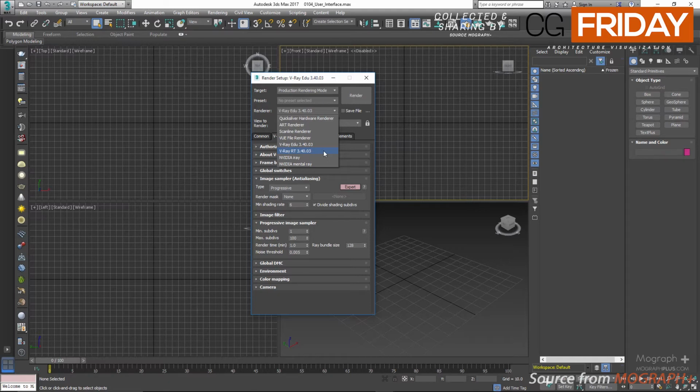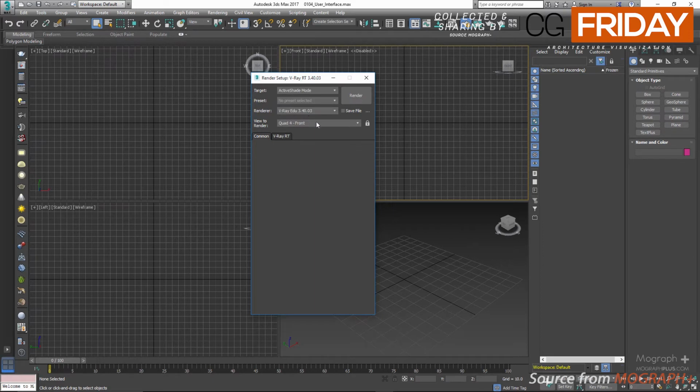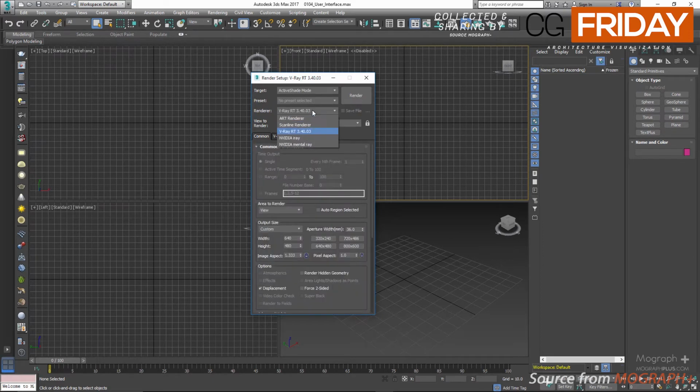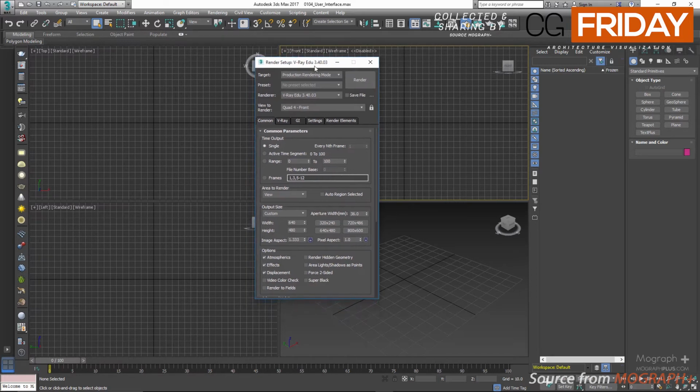The normal workflow is to use V-Ray Advanced or Educational as your production renderer, then switch your target to ActiveShade mode and set V-Ray RT as your ActiveShade renderer. You can use V-Ray RT in both production and ActiveShade mode, but V-Ray Advanced or Educational can only be used as a production renderer. Let's take a look at the UI and see where you can find different V-Ray tools